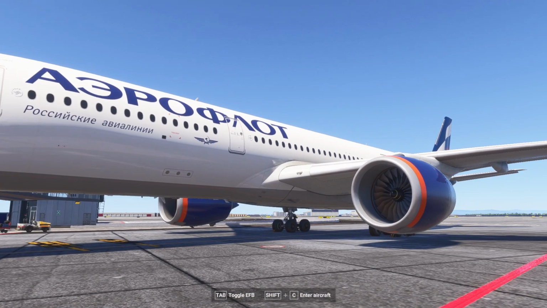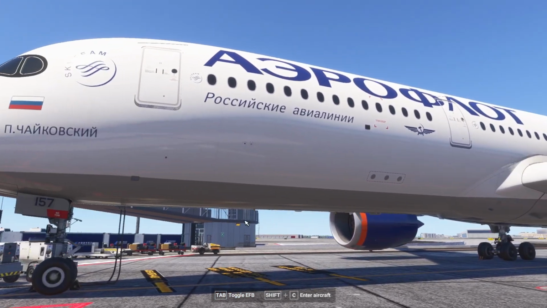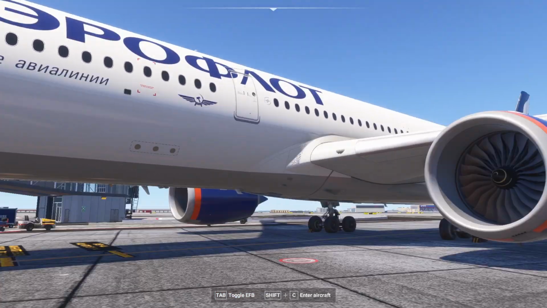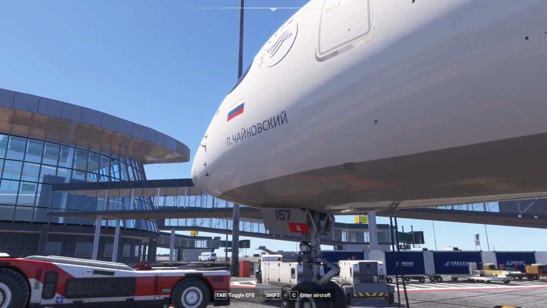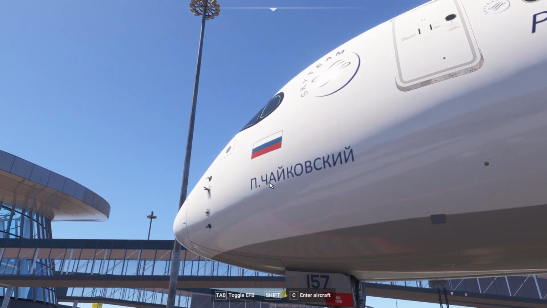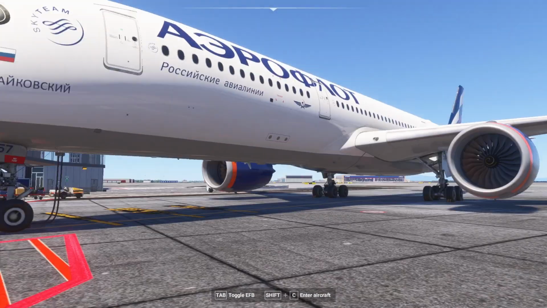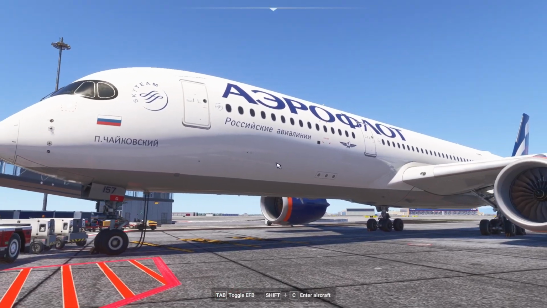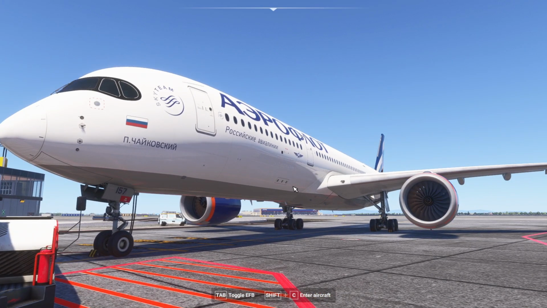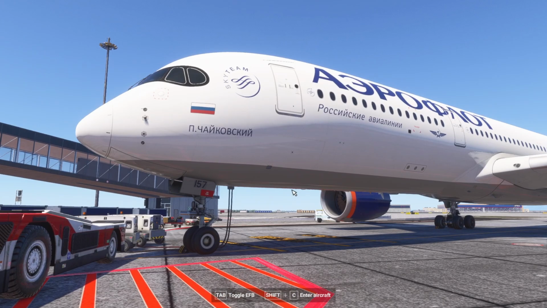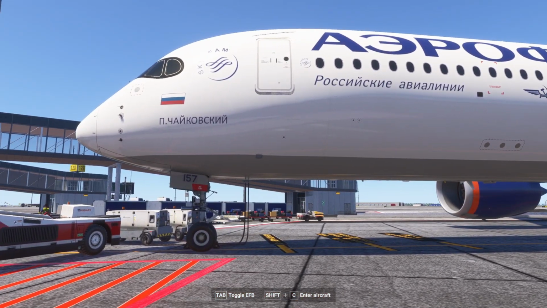So we're flying. This is actually a very special livery we have here. This is Aeroflot's first A350 under the name Tchaikovsky. Tchaikovsky is a classical composer, whose pieces I love a lot. You should go and listen. And I can't wait to fly this plane, the A350, under the Aeroflot livery, because let's be honest, the Aeroflot livery and their cabin look really, really nice. So let's go into the cockpit and start setting up our 7-hour journey back to Moscow.